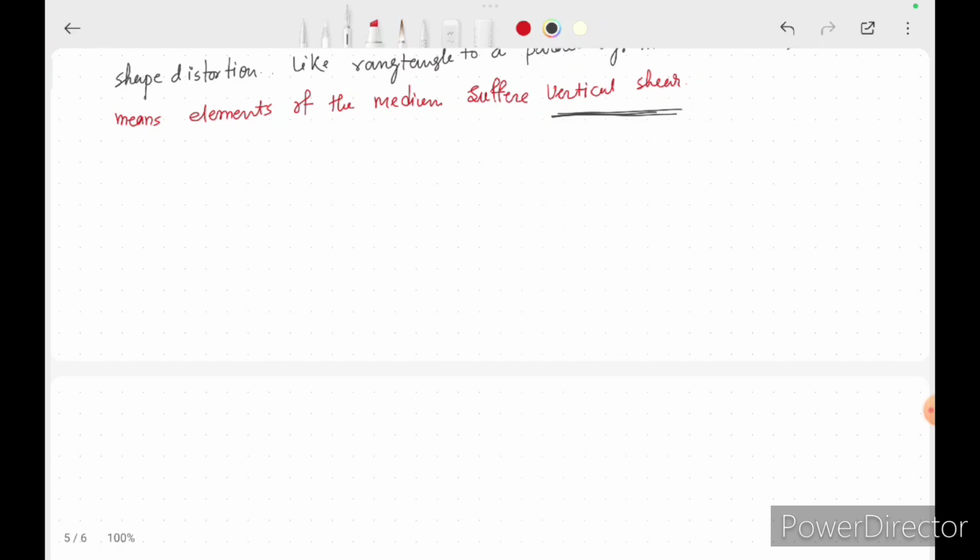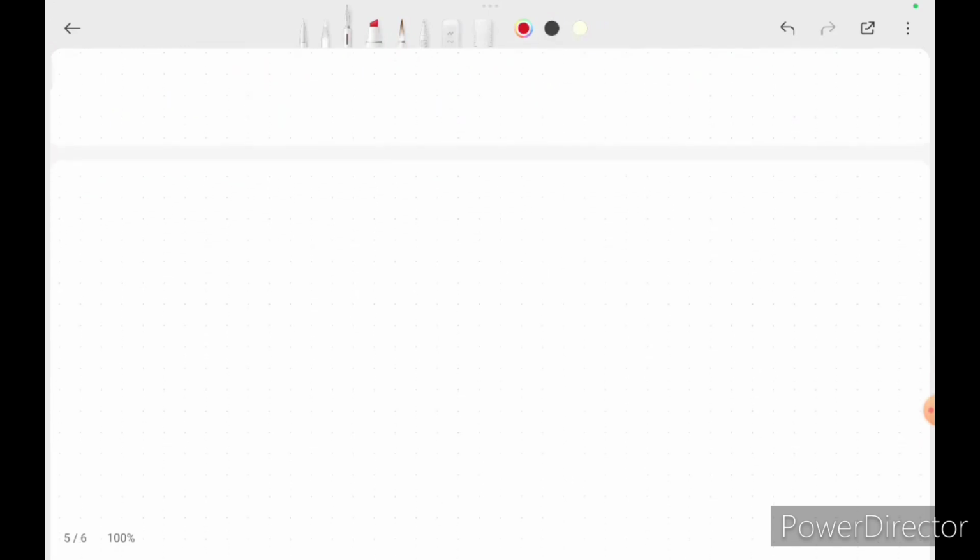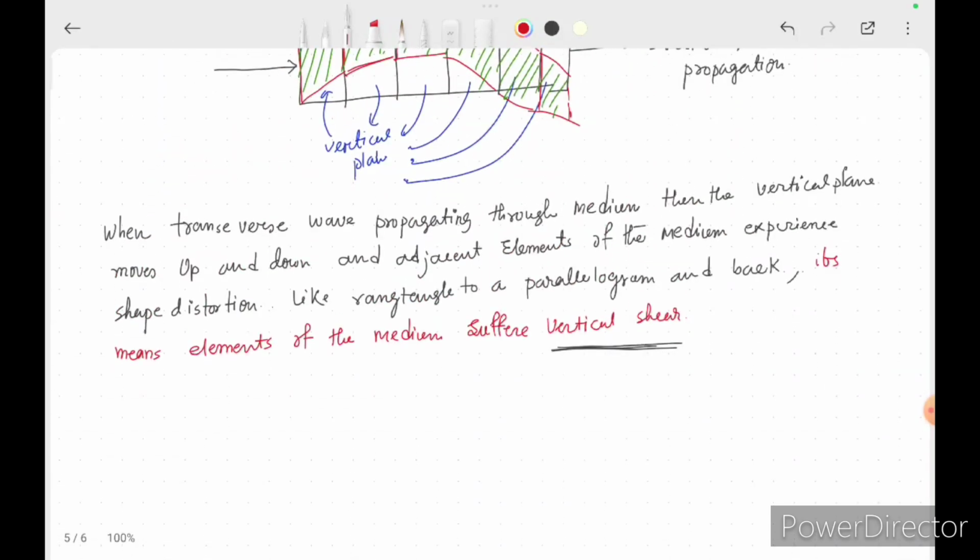Based on this concept, we are going to calculate the velocity of the transverse wave. Actually we are calculating the velocity of this shear wave. For transverse motions, the transverse wave velocity is always called the shear wave velocity. Yes, we know that. Now we use these principles here. So now we calculate the velocity of S wave. So this is the principle. Using this principle,